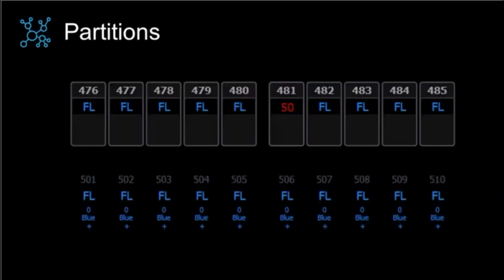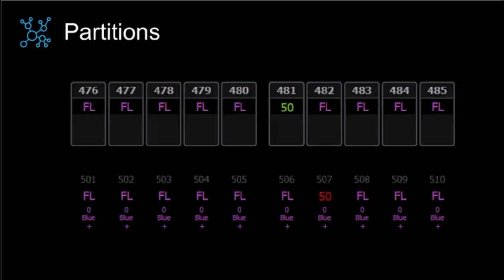And this is kind of what it looks like, right? If I'm in partition 1, those channels have all the normal stuff that they do. Channels 501 through 510 are not in my partition. I can still see what they're doing, but I have a graphical indication that they're not mine, right? So I know channels 501 through 510 are on. I know that they're in blue, which maybe is useful reference information. We're still programming the same show, so I may want to know what things are happening other than in here. But what you get is only the ability to